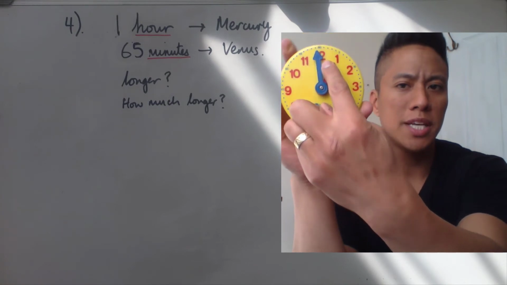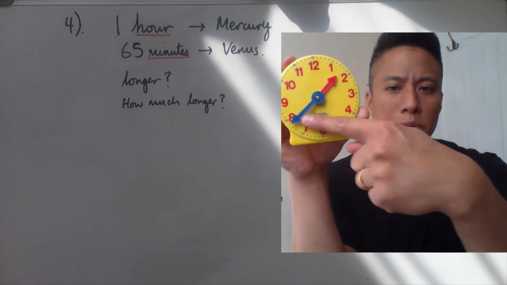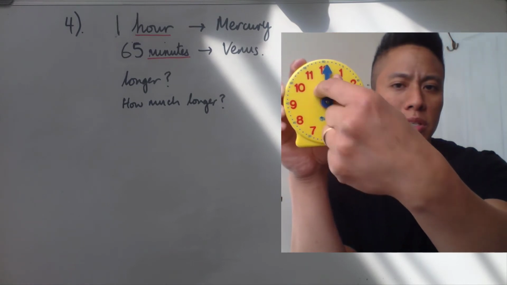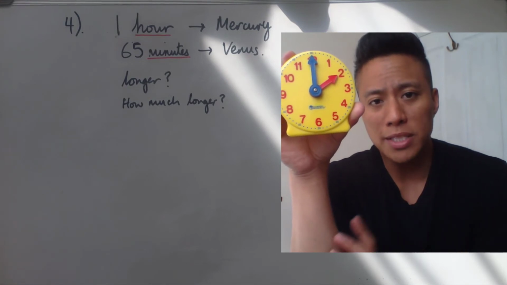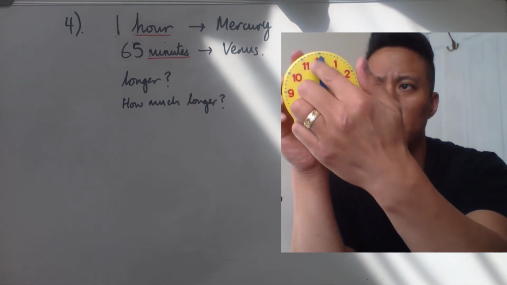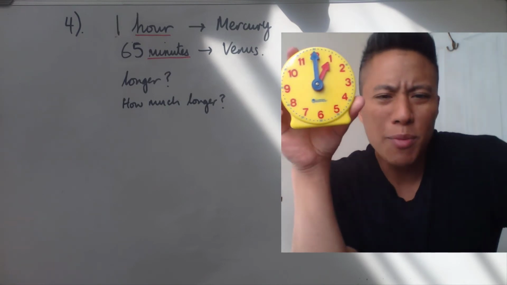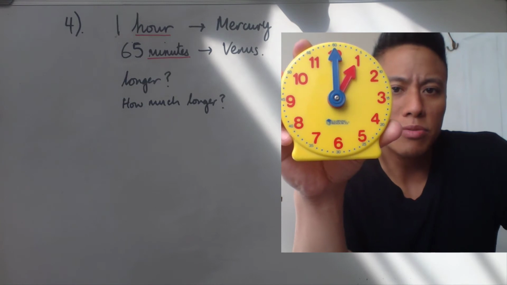It starts here. And this minute hand has to move all the way around once, so that we've got the next hour. So that's how many minutes it takes the minute hand to go around for 1 hour. So how many minutes are there? If you look very carefully, you'll be able to see